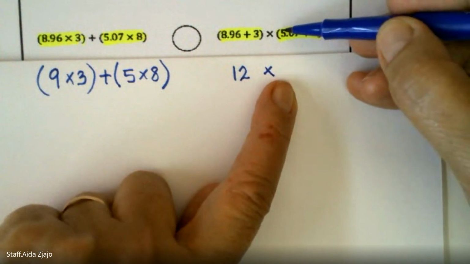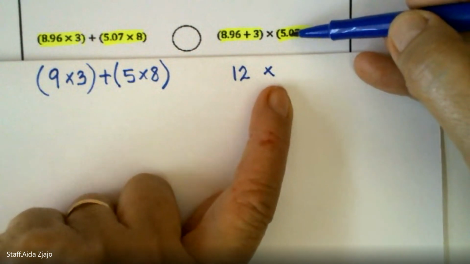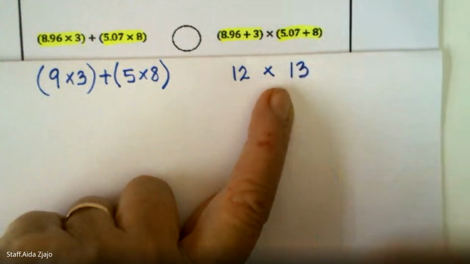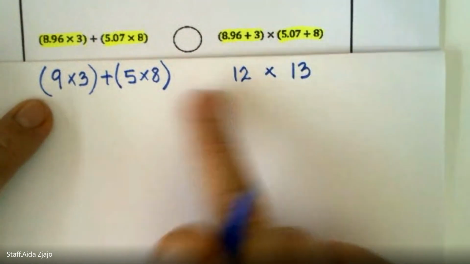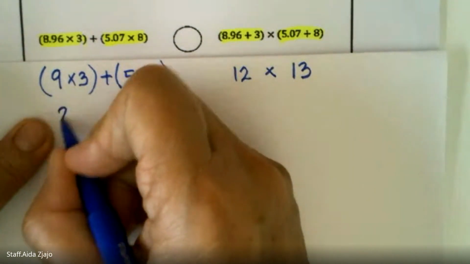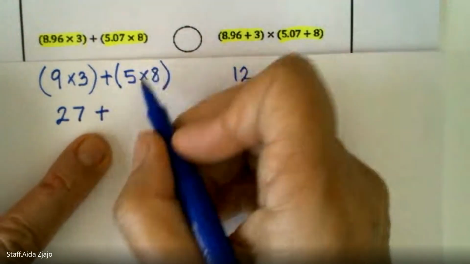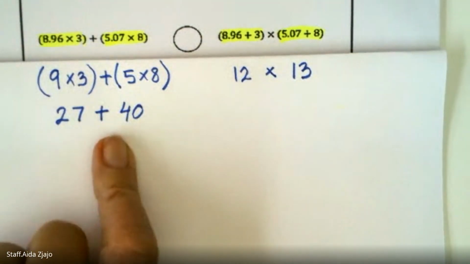That makes 13 wholes. 13 wholes and 700 is about 13 wholes. Now, when you think about this, we needed 9 times 3, or 3 times 9, is 27, plus 5 times 8 is 40. So this product should be about